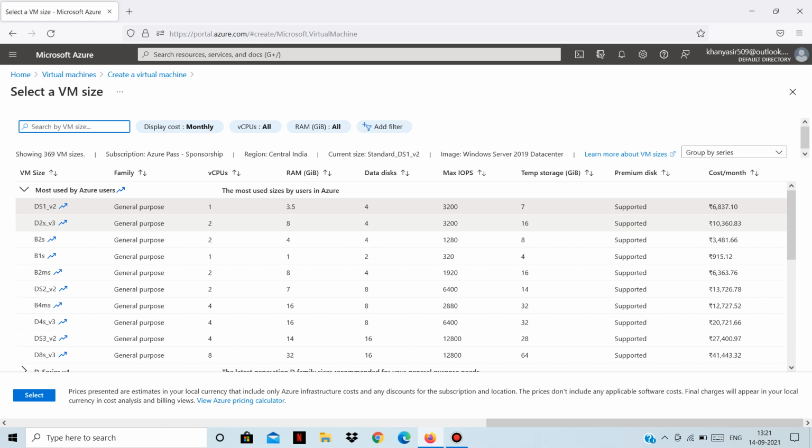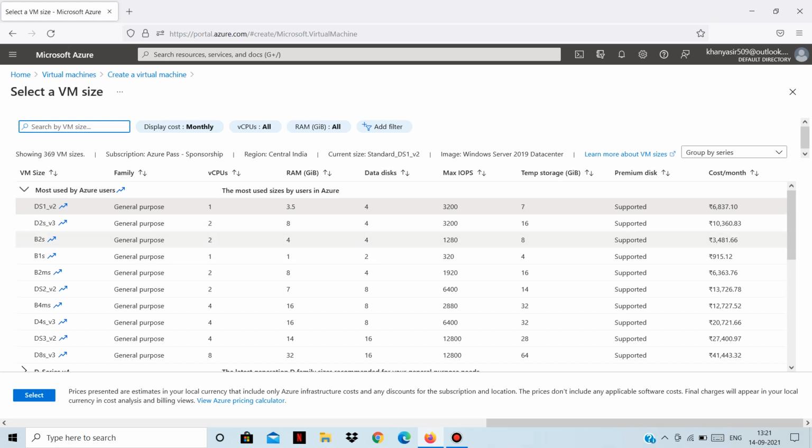You have to select the size of the VM you want to run, because you don't want to over provision or under provision. Under provision means suppose your workload requires at least 8 GB of RAM and you provision a virtual machine of just 3.5 GB of RAM, so it will be under provisioned. And suppose your workload requires a RAM of only 4 GB, but you provision a virtual machine of 8 GB, so it will be over provisioned, and it will generate unnecessary costs. So based on your workload or the type of resources you will be running in a VM, you need to select the size based on that only.